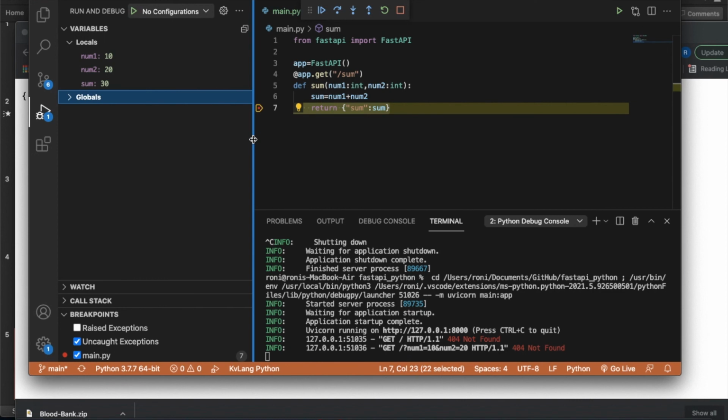Okay, so that's it, guys. In the next tutorial, tutorial number 9, we're going to talk about the request body, and in the request body we'll talk about models. I'm super excited for that tutorial as well, because it is going to be one of the advanced tutorials. Once that is done, we can start developing our application by connecting to a database. For example, I'm planning to connect with a MongoDB database.